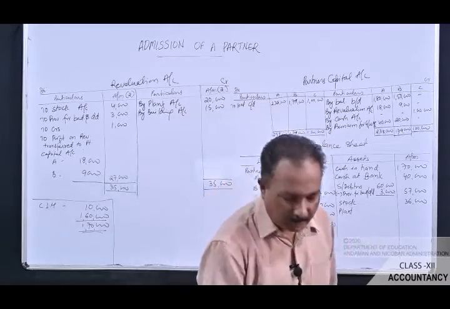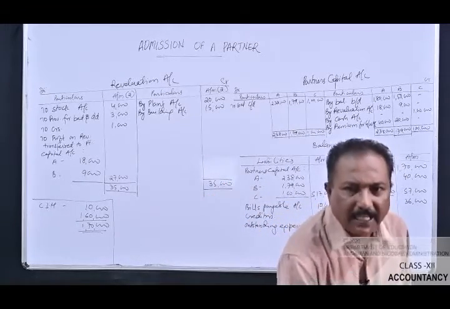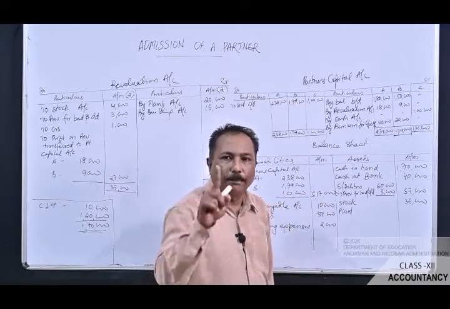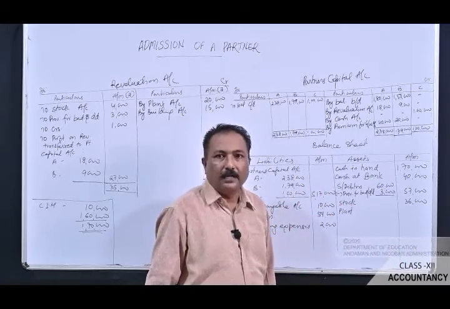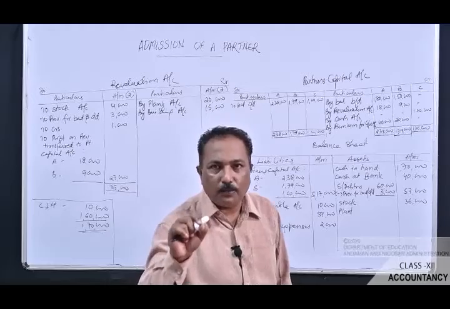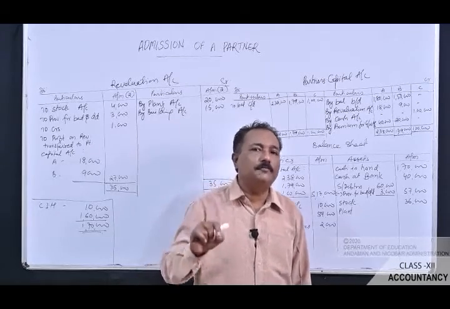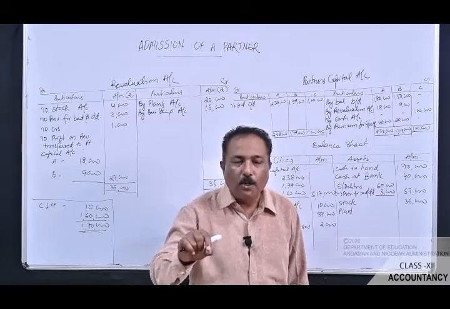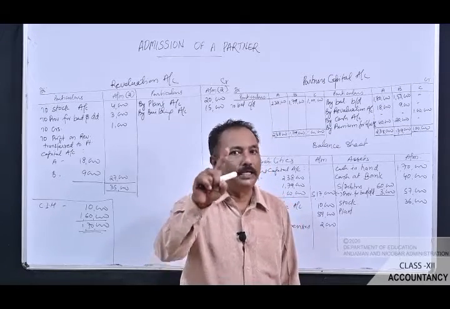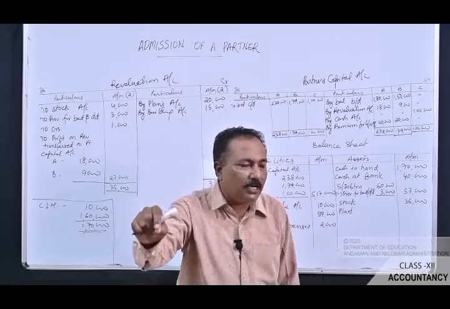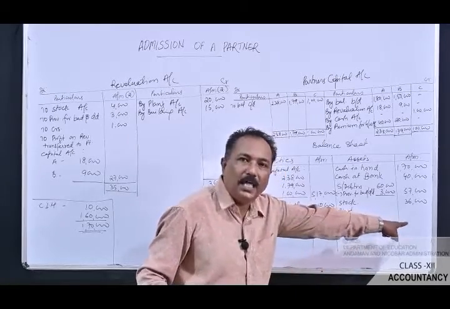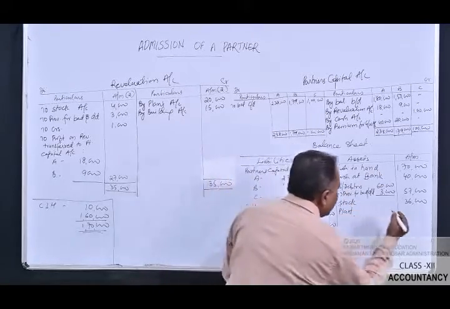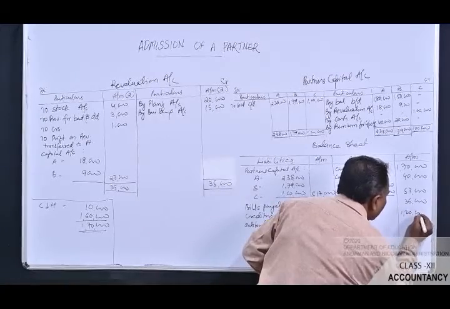The next item given in the balance sheet is plant. The value of the plant given in the balance sheet is rupees 1 lakh. The information relating to the plant given in the additional information was the value of the plant was appreciated to rupees 1,20,000. So 1,20,000 is the new value, and we have to write down the new value in the new balance sheet, that is rupees 1,20,000.